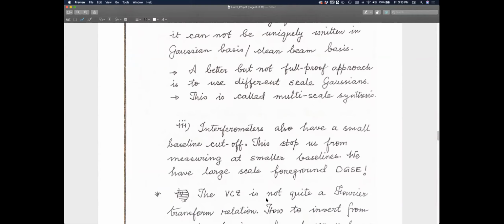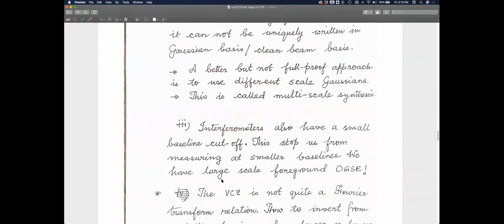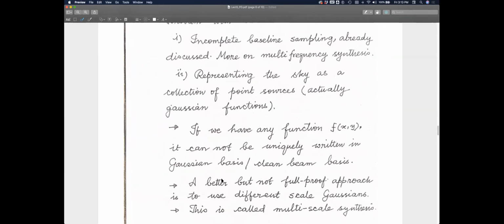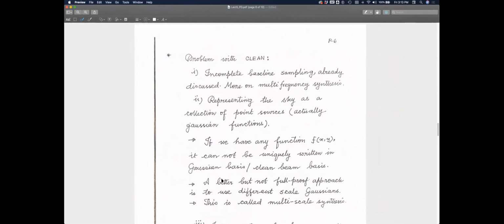Why do you want to represent in terms of Gaussian basis only? Well, if you are representing in terms of Gaussian basis, you have to tell what is the intensity of the source and the position of the source, nothing else. If it is a complicated basis like Gauss-Hermite, you need to give more parameters. So that becomes obviously more computationally expensive. So clearly, the first approximation of CLEAN has a problem, and you should address this problem.